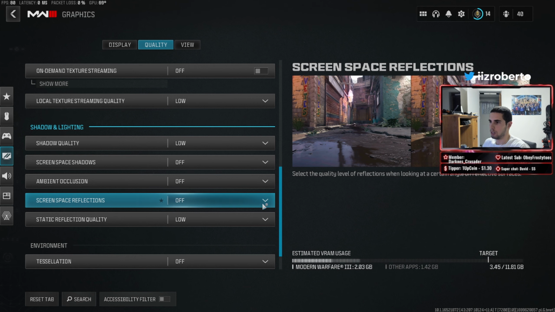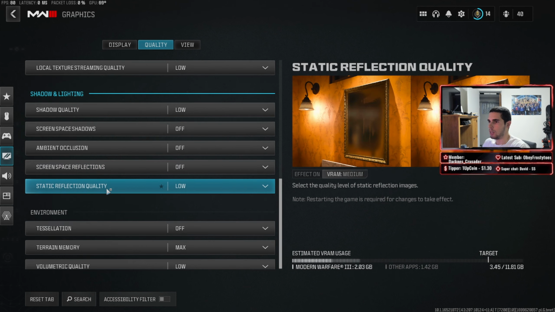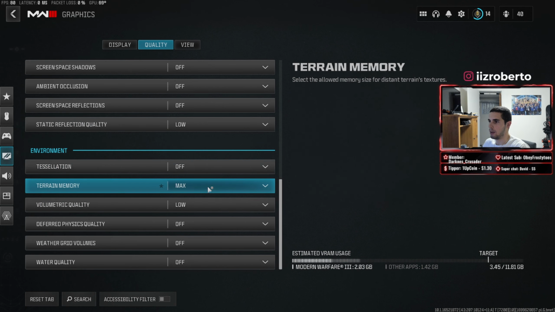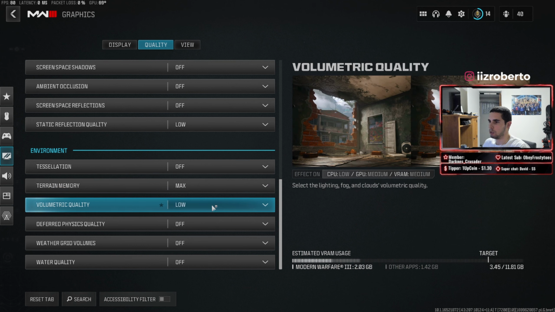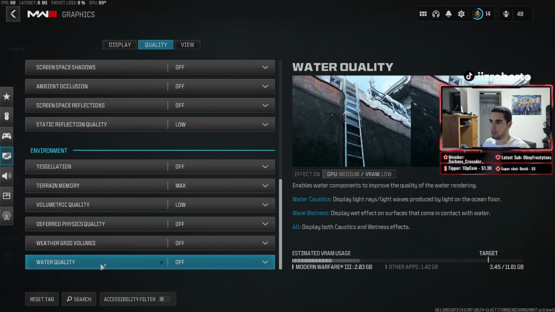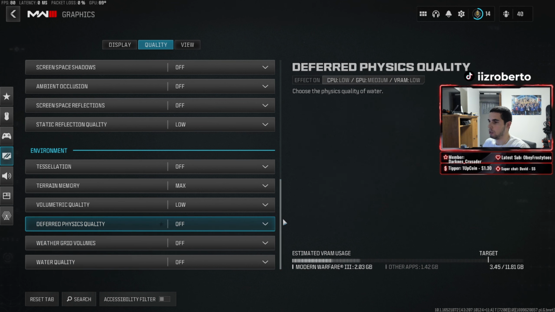Screen space reflections, off. None of this matters. Static reflection quality is low. And then for tessellation, we have that off. Terrain memory, we have that set to the max here. Biometric quality, we have that off. And then for the physics quality, weather grid volumes, and water quality, we have all of that set to off